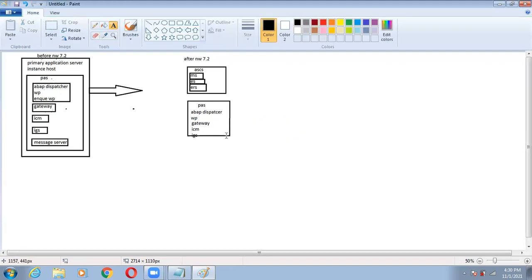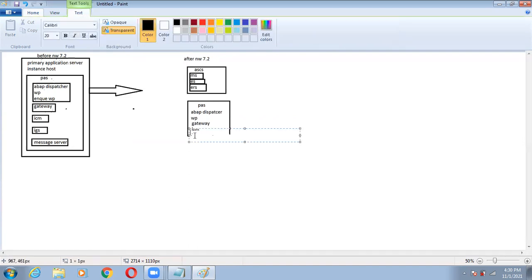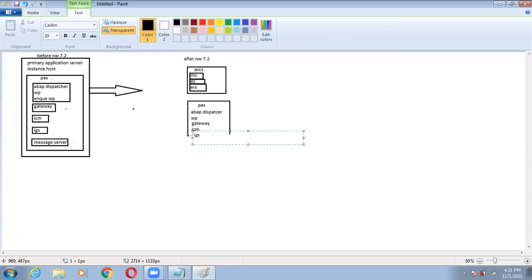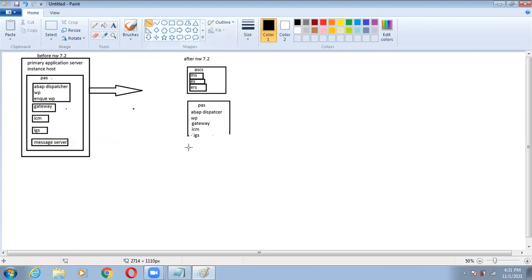So these have been split like this. Okay, understood. So this is the last component.